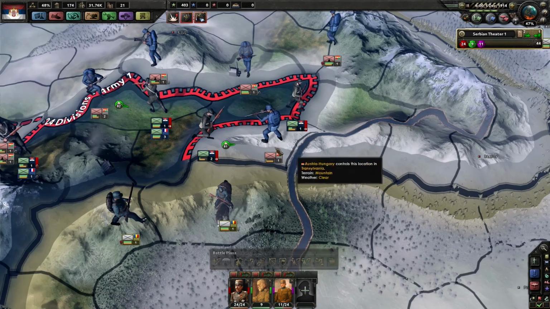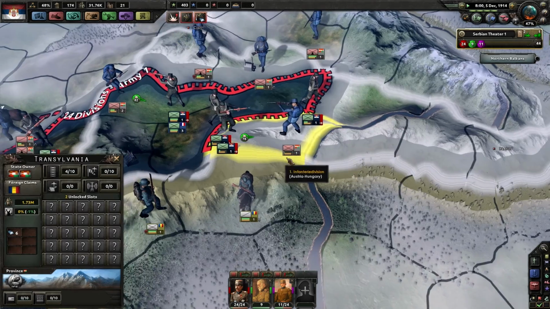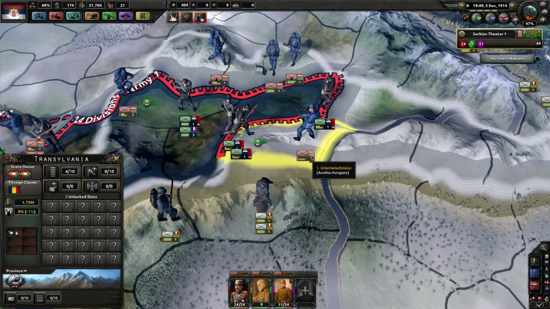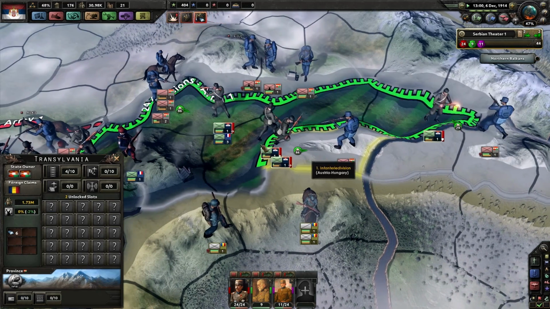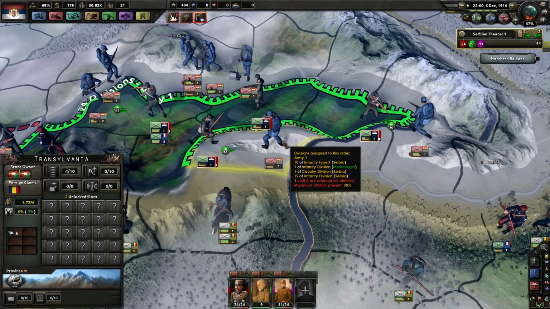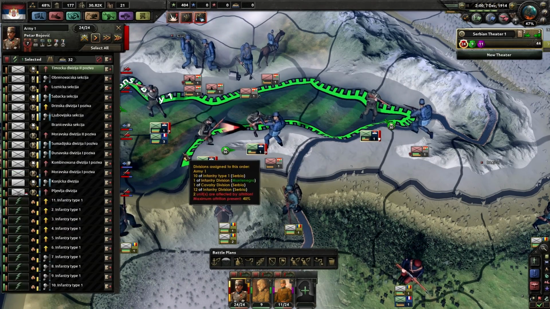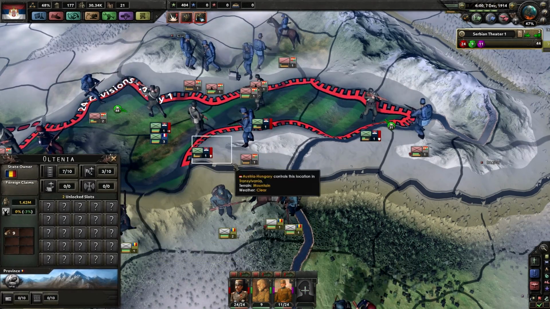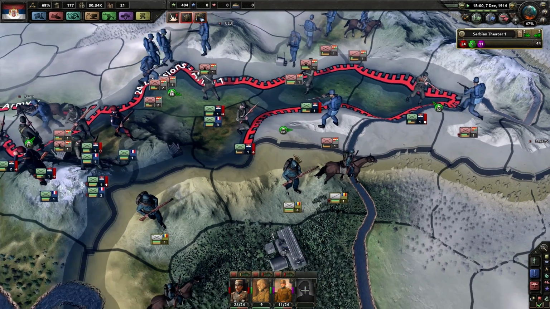Nope, don't attack here. Attack into this province. Just kind of swoop around here and see if we can actually trap this one infantry division so that we can stack wipe them. Oh, did they just stop attacking for some reason? Well, that's not exactly what I wanted, but...